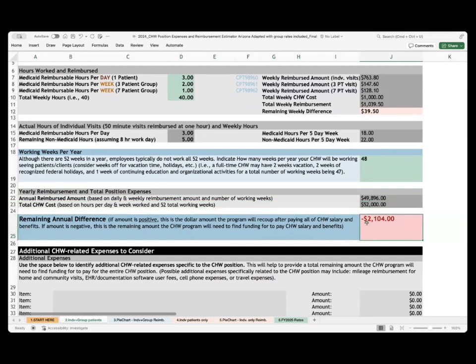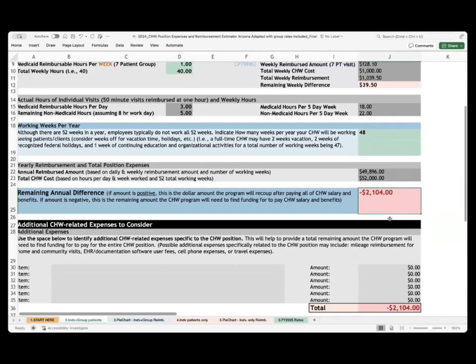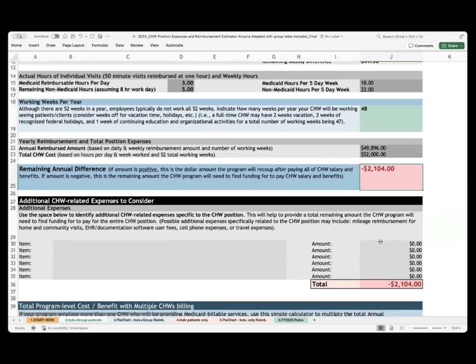We've got $2,104 that would not be able to be covered by reimbursement. There's a spot down here to be able to put other expenses. So there might be other expenses besides benefits and that salary that go into the CHW physician cost, something like mileage reimbursement, cell phone, other types of expenses you want to calculate into your total. So you might put something like mileage and know that that costs the program perhaps $300 a year. So this is an annual amount, so that gets added to our total